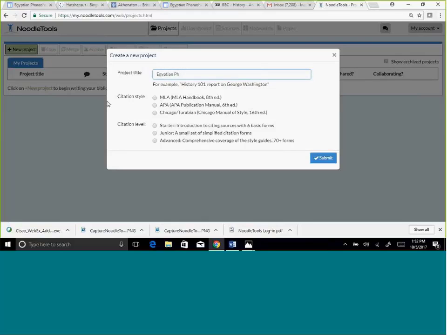So the students would give the project title the name Walton-Library project. Animation style, in middle school, all is MLA, so students would use MLA for citation style. Can you tell us a little bit about the citation level? Yes, citation level, what that means,